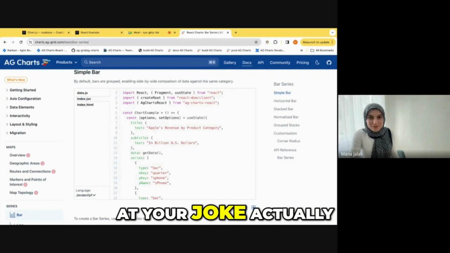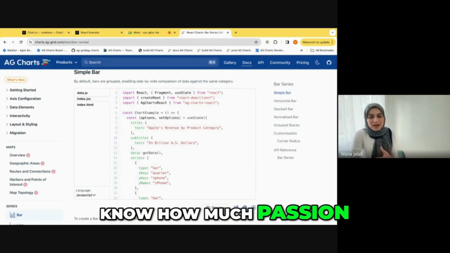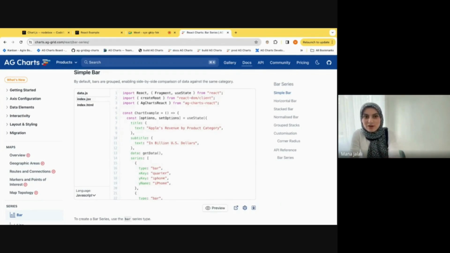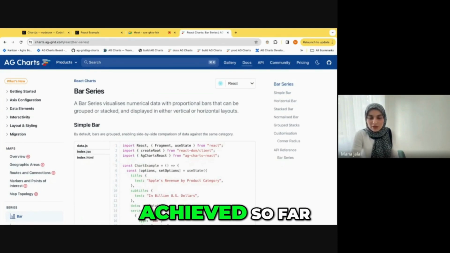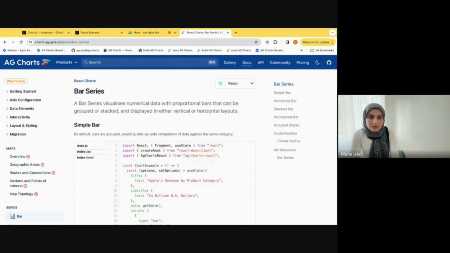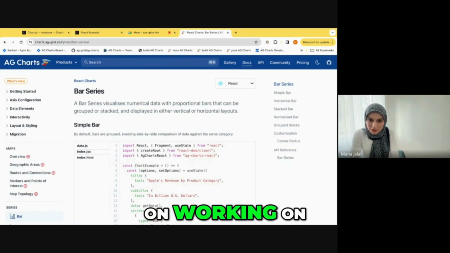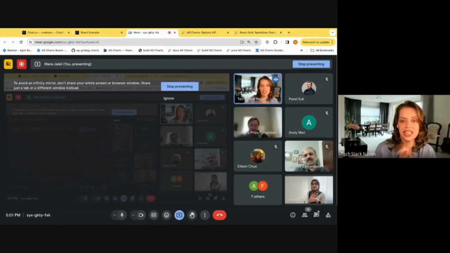I'm saying this because I want everyone to know how much passion and love goes into creating this, because we are super excited about it and we are proud of what we've achieved so far, but there's still so much more we're going to add and we're planning on working on. So this is just the tip of the